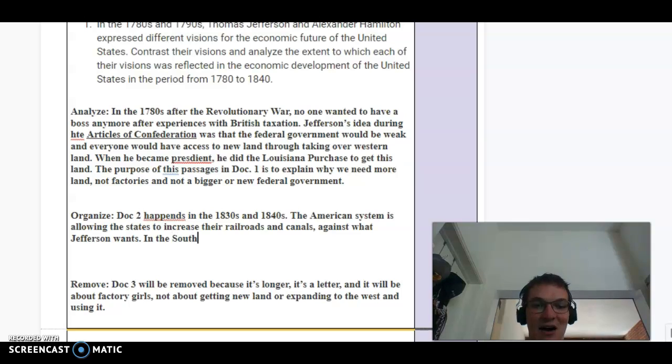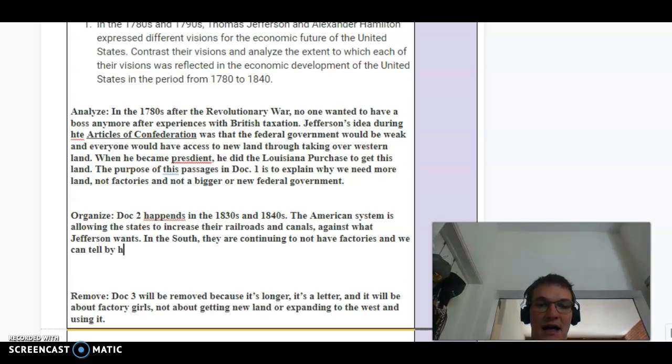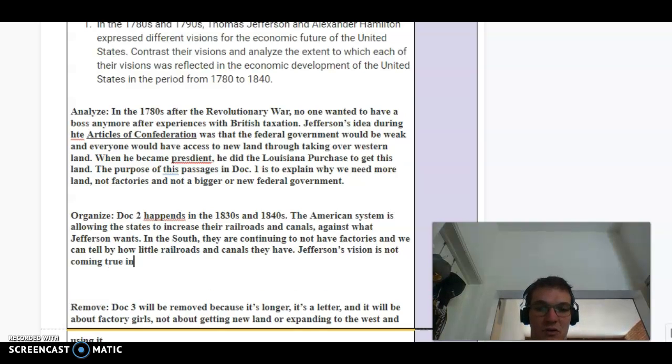In the South, they are continuing to not have factories, and we can tell that by how little railroads and canals they have. Jefferson's vision is not coming true in most of the US,